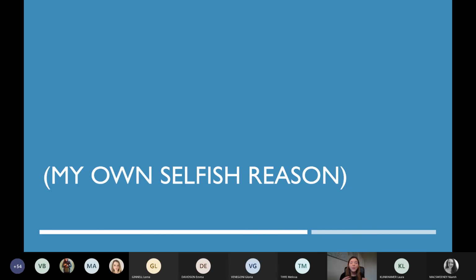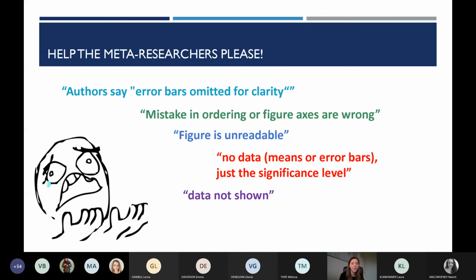And if everyone was to make their data available, it would be much easier, because I've asked my reviewers to explain why they can't extract data from publications in some cases, and these are the sort of responses that I've got. So authors say error bars were omitted for clarity. Not sure how that helps anyone.